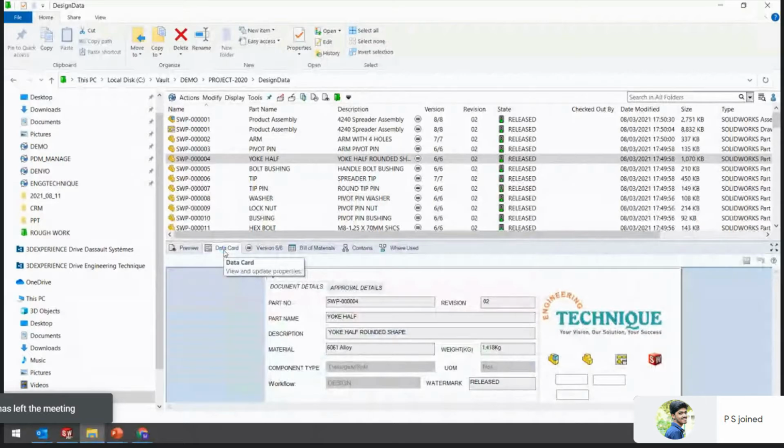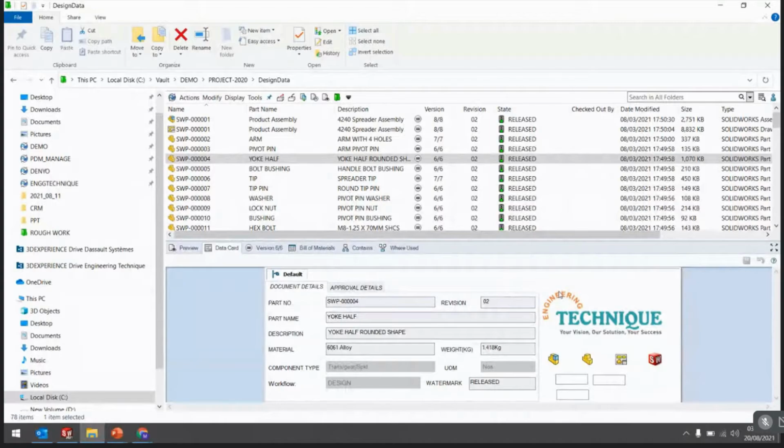Again, next is the data card, right? So PDM provides one more function, the data card, right? So what is a data card? All file related information you can put here, right? So based on this information, you can take multiple reports or audit trail reports, right? And this is also customizable, so you can customize it based on your requirements. And we can also create data cards by file type, right?